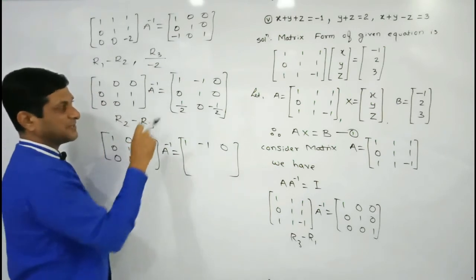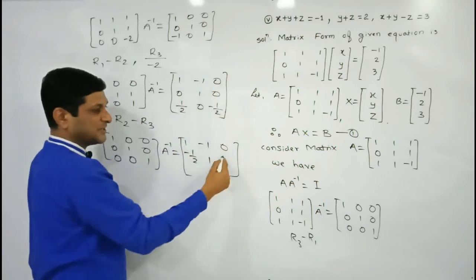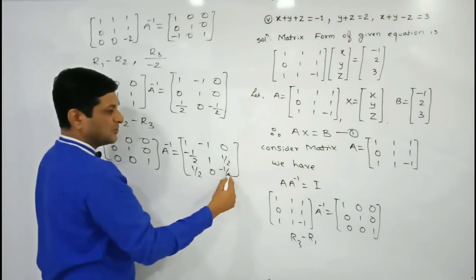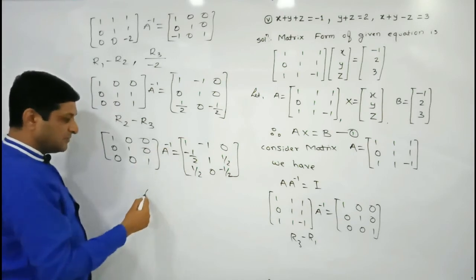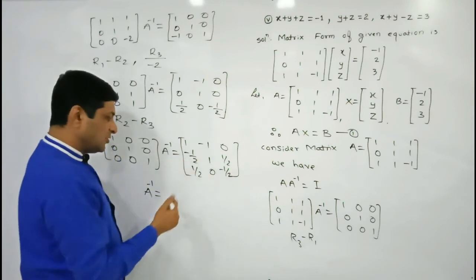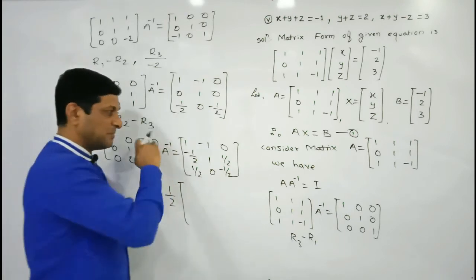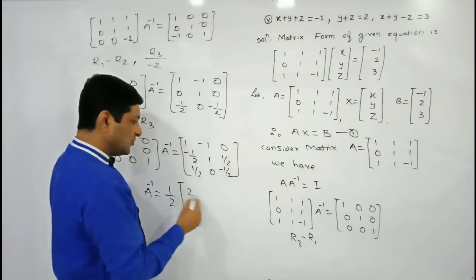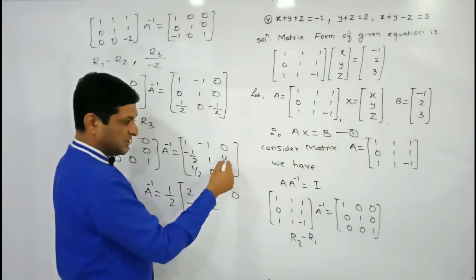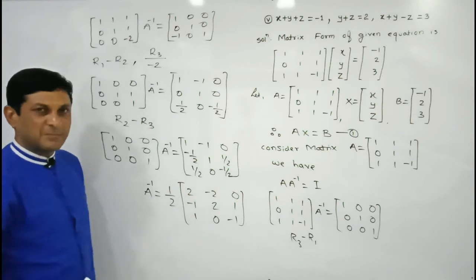Now R2 minus R3, 0 minus 1 by 2 is minus 1 by 2, 1 minus 0 is 1, 0 minus minus means plus 1 by 2, and keep the element of R3 1 by 2, 0 minus 1 by 2 as it is. Now identity into A inverse will be equal to A inverse. Now if you want to eliminate the fraction, we are able to take 1 by 2 common, means simply we are dividing by 2, and since we are dividing by 2, so multiply every element by 2. So here we will get 2, here we will get minus 2, 0, here we will get minus 1, multiply by 2, so here we will get 2, here we will get 1, 1, 0, minus 1. Simply we are dividing by 2, that's why I am multiplying by 2.